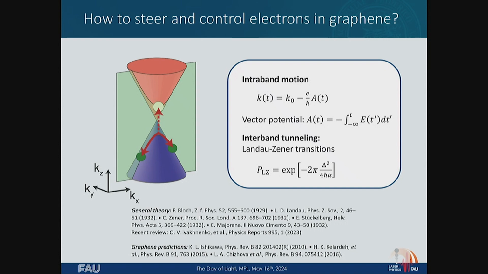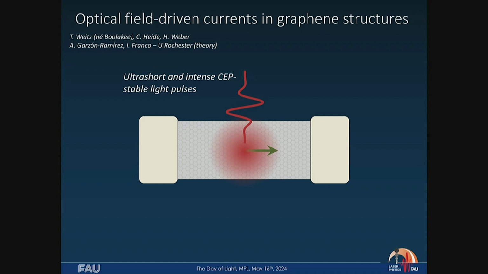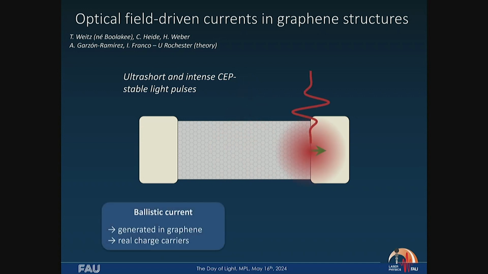And then you all know the famous Landau-Zener transition probability, which depends on the band gap. It depends on how fast the electrons are injected to this point here where they can undergo the transition. And now this is now coupled. And that's so fun. And let me show you, this is really responsible for generating light and currents in graphene just by the broken symmetry of the light field. We don't have to go into the details. But I also want to show you what happens at this interface here.